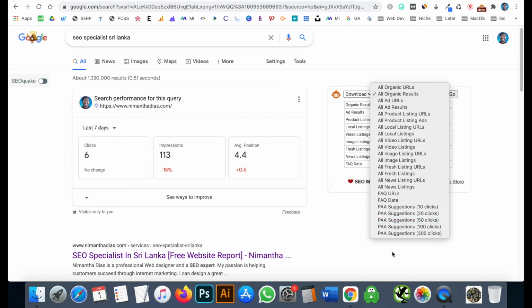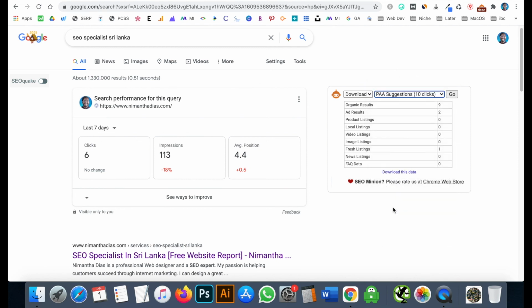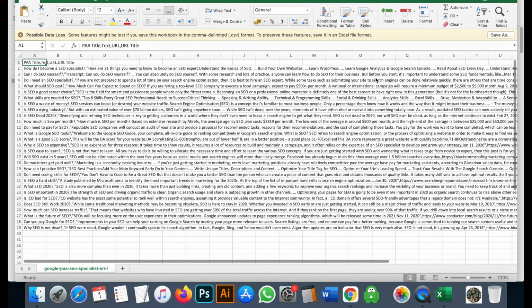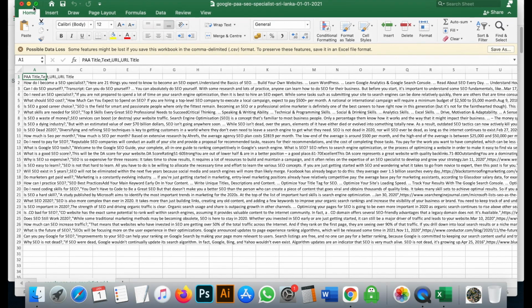You can download this if you want. So this one, suggestions, 10 clicks, and then go 20, 30, 40, 50, 60. There you go. And then when I open this file, I need to export it in another format, but I'm not going to do it. You know what I'm getting at, right?